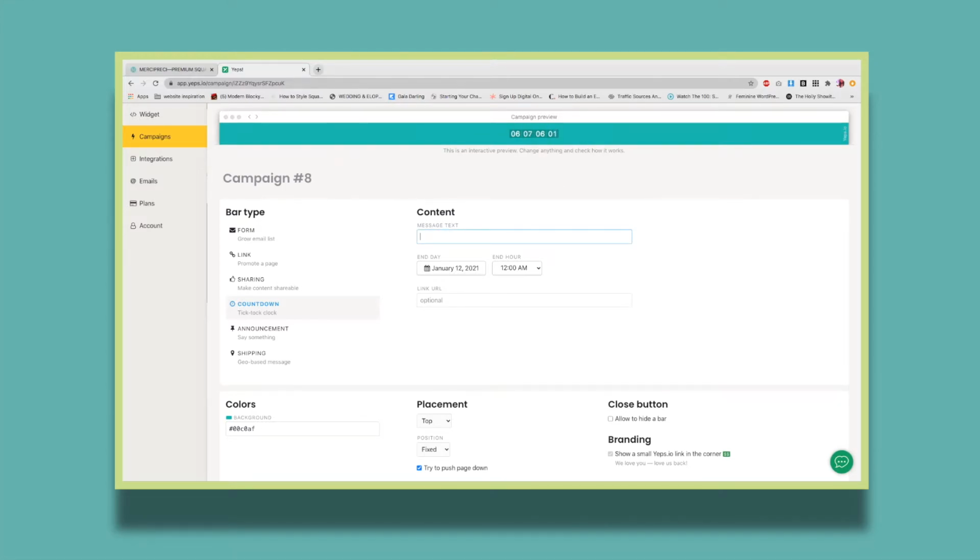Now you can customize the text. I want to write down New Year flash sales. Decide on the end day, so my end on this day. You can change the hour as well, and I'm going to write down the link that I want it to redirect to,